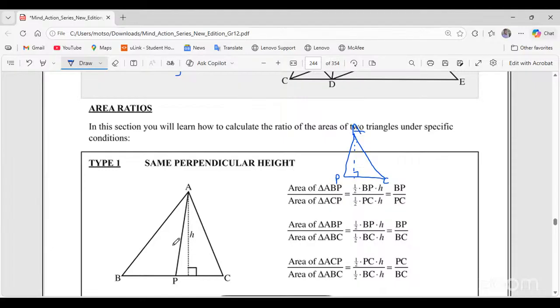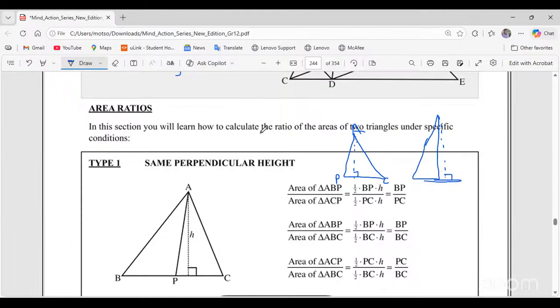And then we go for triangle ABP. It's something like this. And then we have our height here that is perpendicular to the base. This is our base and then our height. So even if our height is outside this triangle, as long as it is perpendicular to the base of this triangle,